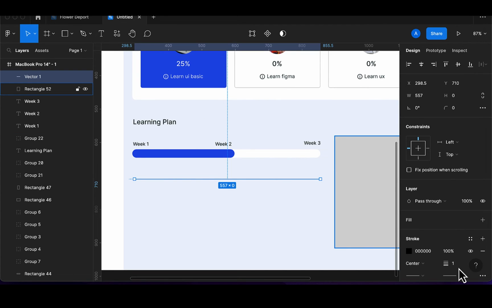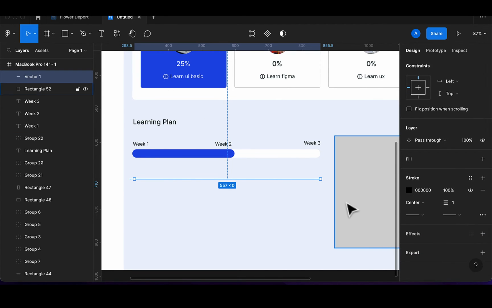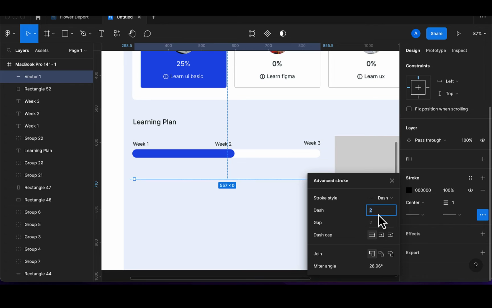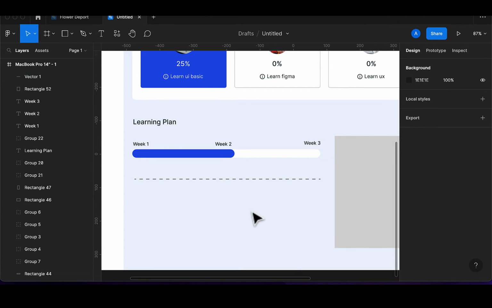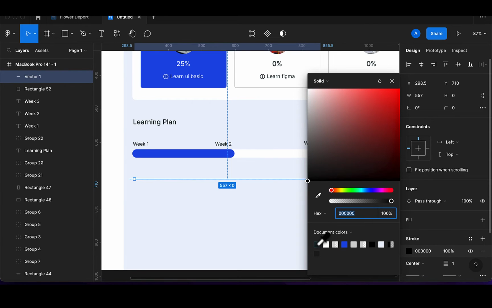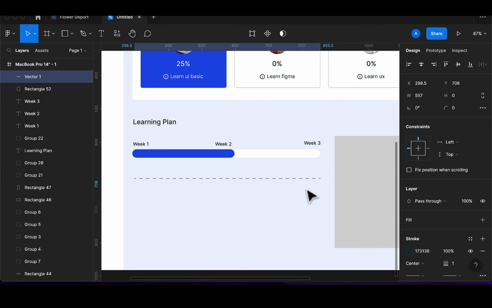But what I want to do is perform some settings on this. I'll click on this. Instead of solid, I will just change it to dash. And then the spacing, let's try 10 and see. Okay, 10 looks cool. But before I do that, I'll change the stroke to this color. So once I change that, what I want to do now is duplicate this, drag that